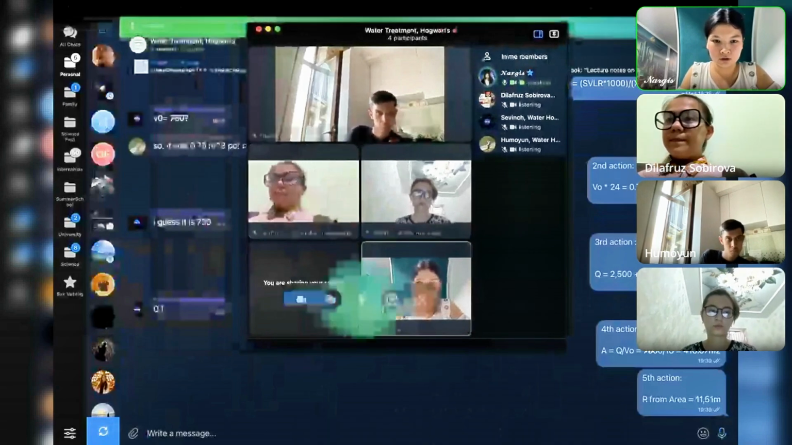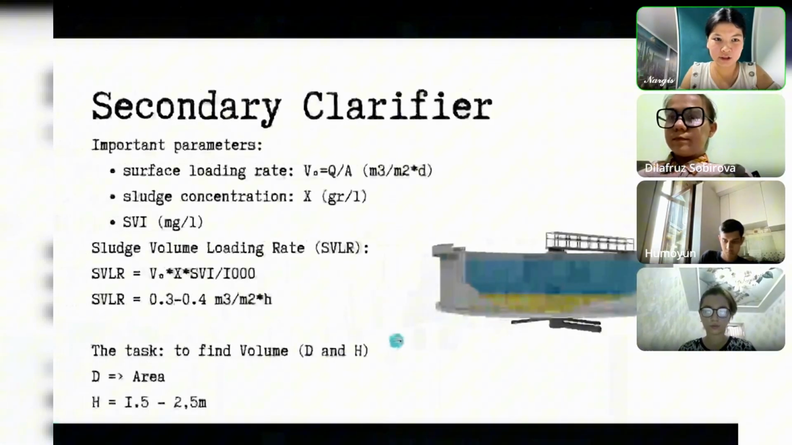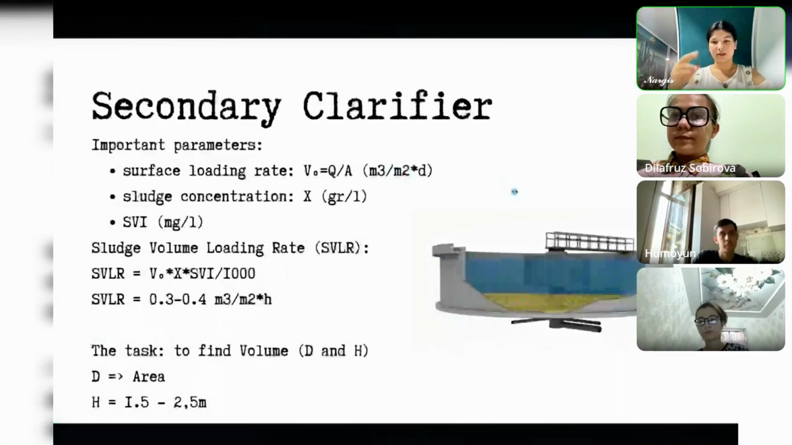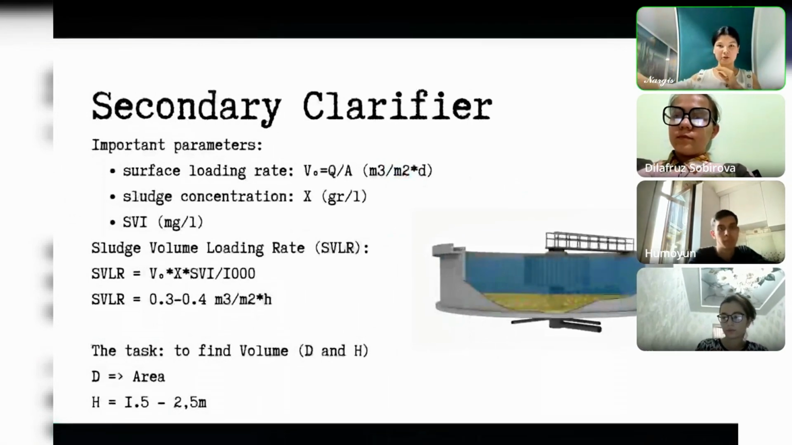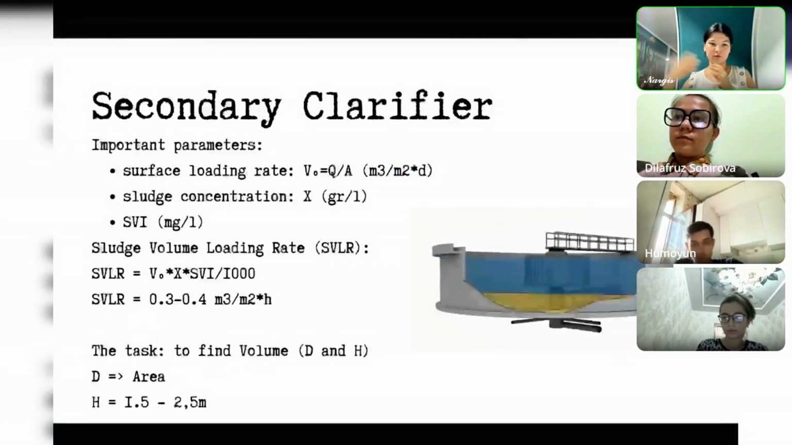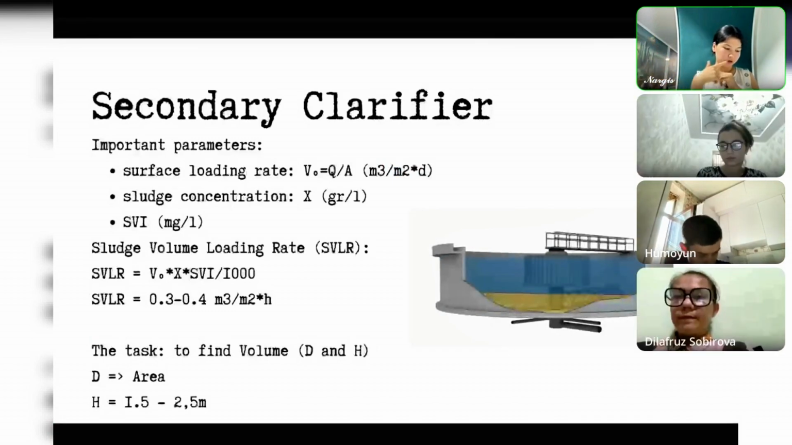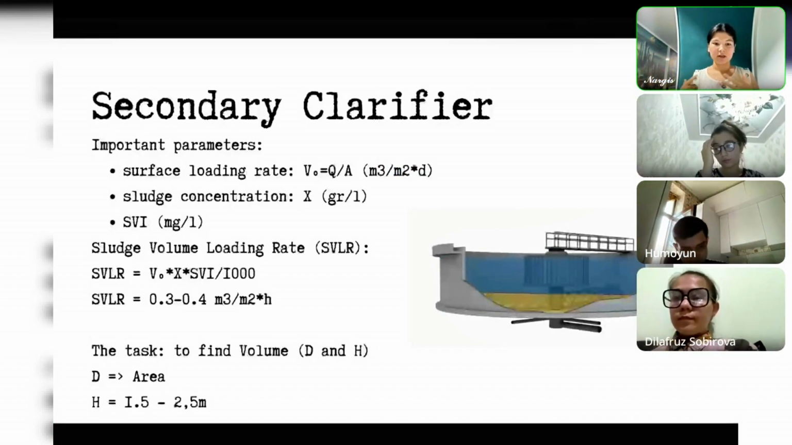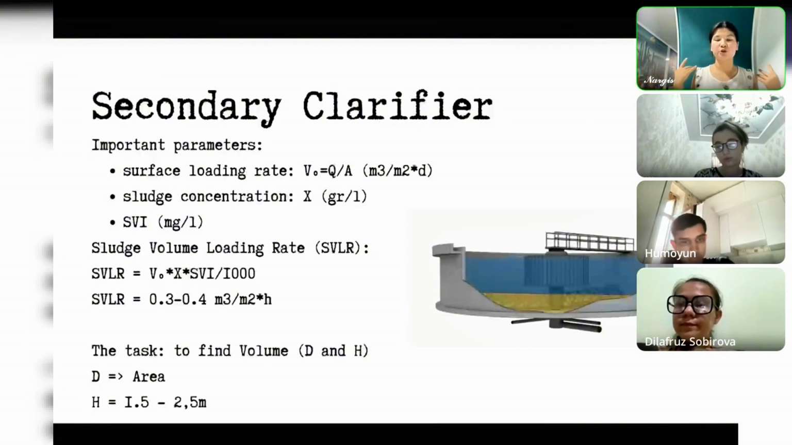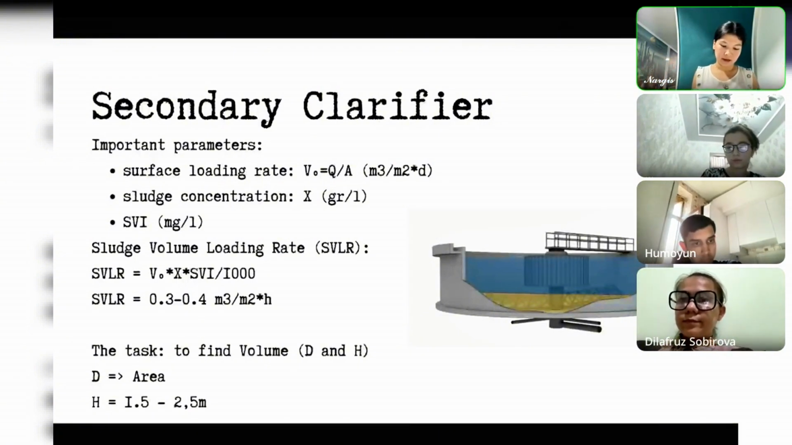Okay, we go on with the lecture. So now the radius is 11.5, or the area is 416.67. And then we have our height. Let's choose it to be 2 meters. And so now we know the area, we know the height, so we can find the volume, which will be simply